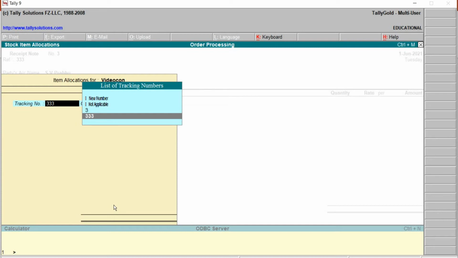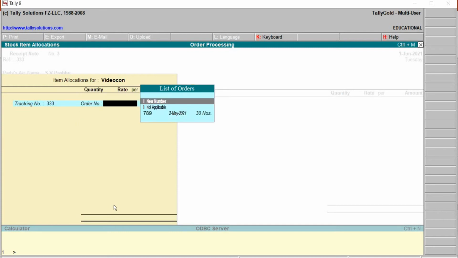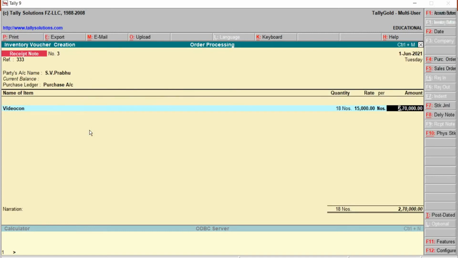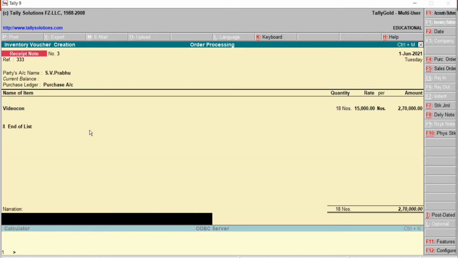Tracking number of receipt note. PO number was 789. The due was on 2nd of May, but we are receiving on 1st of June. Order placed was 30, but we are receiving only 18, quantity 18. Later type the narration, then save.